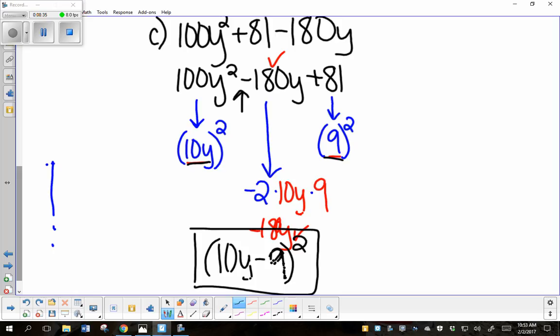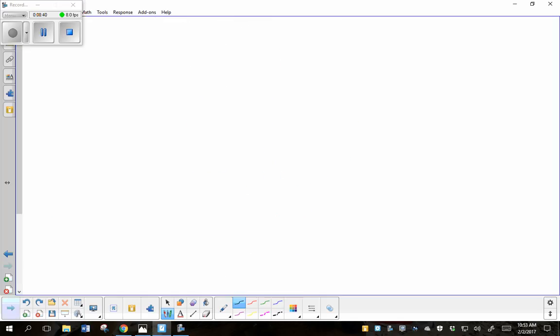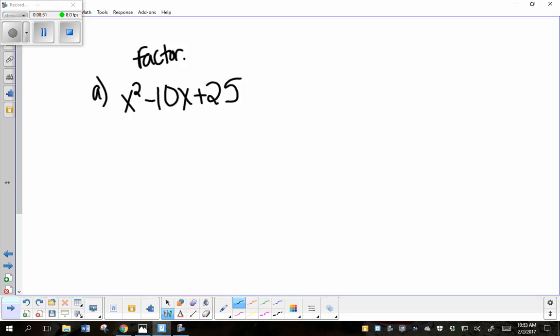All right, let's do some more, and we're just going to factor these. So same kind of problems. Let's see, x squared minus 10x plus 25. So let's check our rules. Are the first and last terms perfect squares? And if you want to write these rules out,